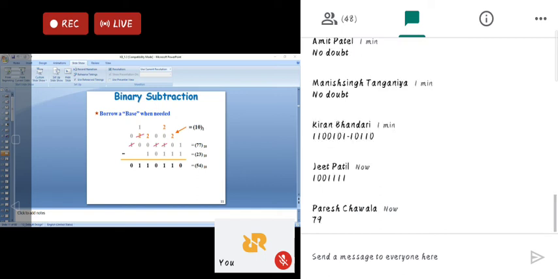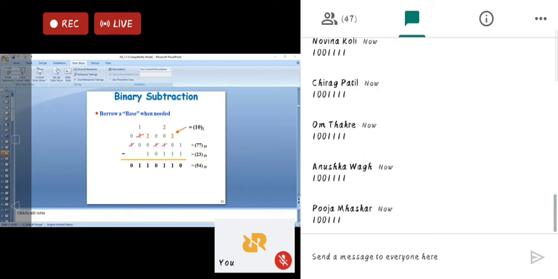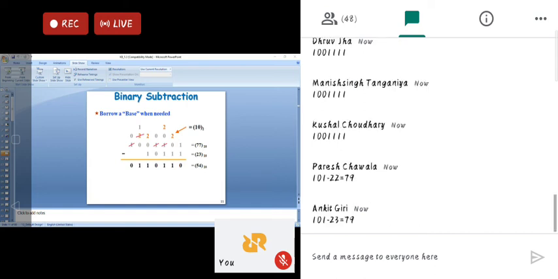Jeet Patil has given some answer. चिराग, मोइना कोई, पूजा मस्कर। क्या बात है। अभी आप मुझे बताओ डेसिमल में कितने, कितना माइनस कितना किया, और ये आंसर आपका आया है, वो वेरीफाई हो रहा है क्या? वो उतना पोस्ट कर दो तो हम लोग आज का सेशन खत्म करते हैं। एडिशन देखा हमने, सब्ट्रैक्शन भी देखा। अभी सब्ट्रैक्शन बाय यूजिंग एडिशन कैसे करना है वो आगे देखेंगे। बाद में देखेंगे मल्टीप्लिकेशन यूजिंग एडिशन कैसे करना है, और वो हो जाएगा बुध कन्वर्ट। परेश चावला ने लिखा है 79।